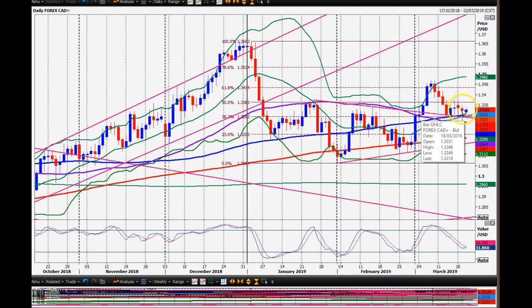I did think eventually it would break lower, and it did break lower on the 5th go, not the 4th go. And we dipped to the next target. Well, the next target was 132.45.40. We dipped to 1 pip above there. So that was tricky. If you were selling a break below